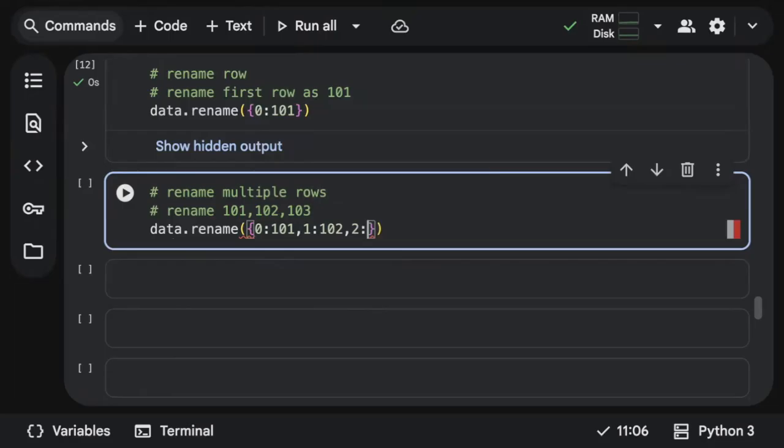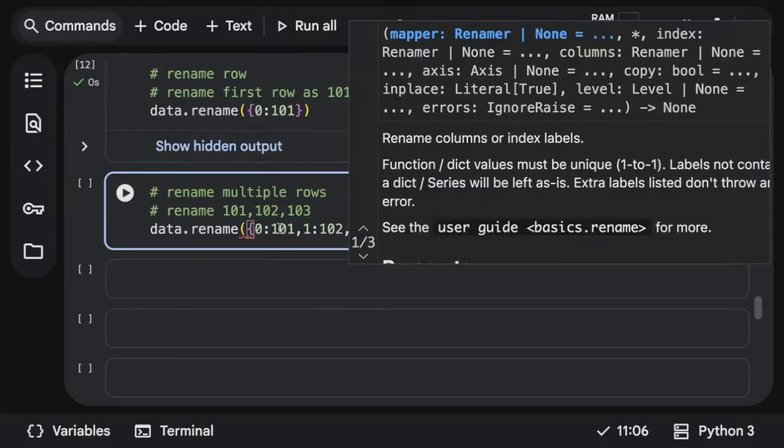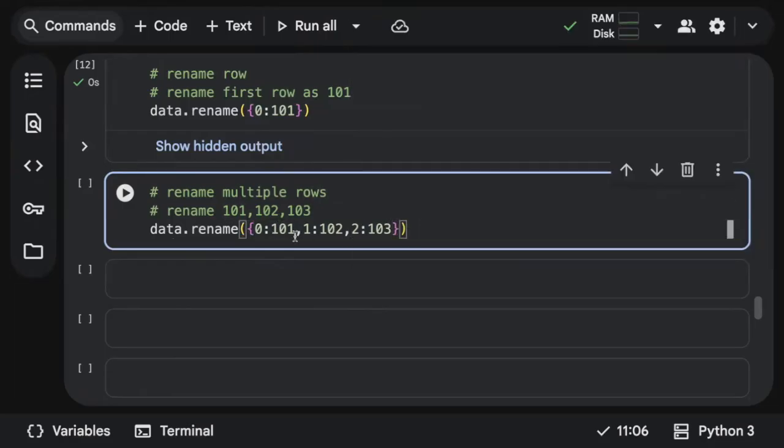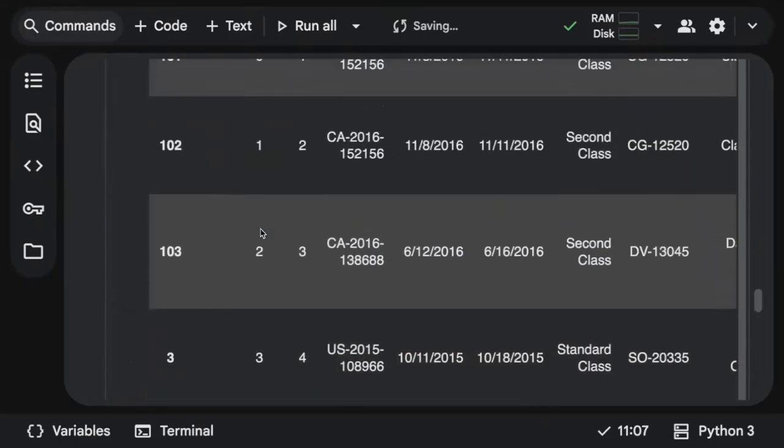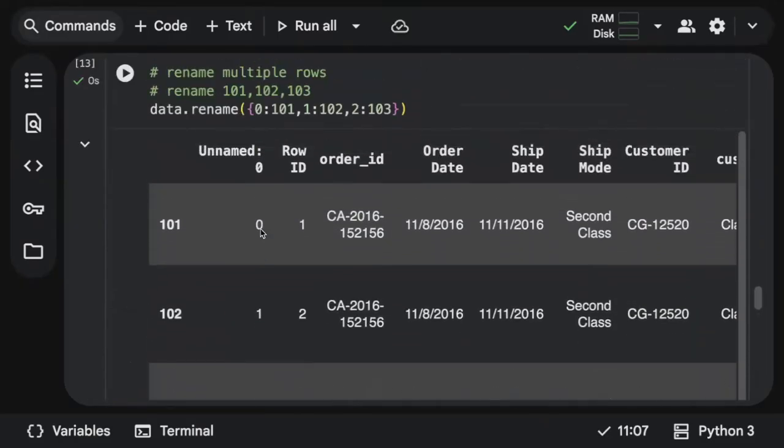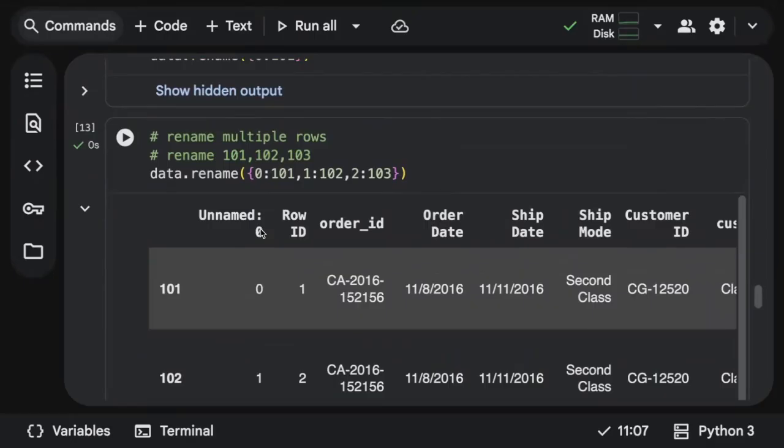Third row index is 2, which is going to be 103. Done. See, if you run, instead of 0, 1, 2, 3, you'll be able to see 101, 102, 103. So usually we don't do renaming of rows. Most of the time we rename columns when column names are very big or not relevant. To change such things, usually we use a concept called rename.